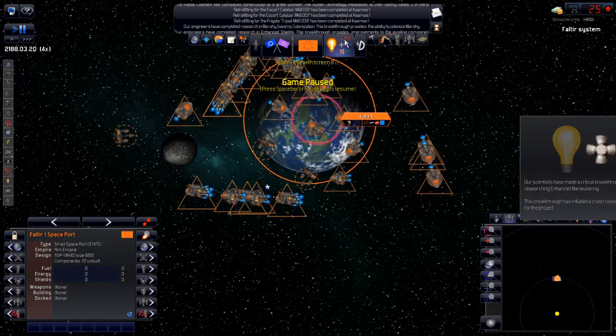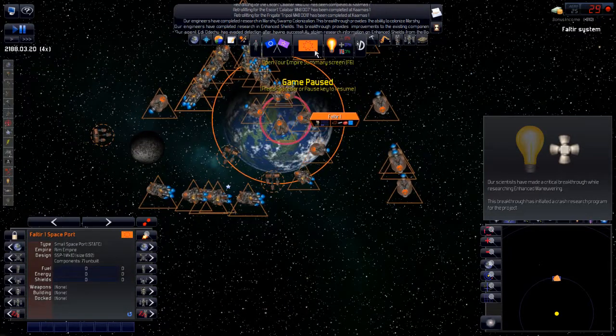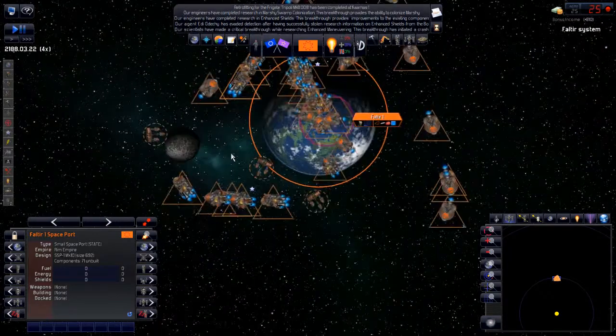Now, in terms of weaponry, enhanced maneuvering, light torpedo bombers being unlocked soon, enhanced commerce. This will raise our spaceport income, which will be this one. Foreign trade being near to nothing. But at least